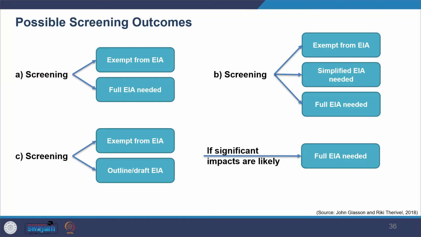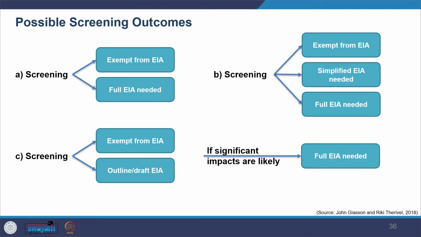Some countries, at the screening stage itself, as per their legislation or procedural requirements, ask for a full EIA, or they can just ask for an outline draft of the EIA. In EIA we see two main approaches for screening. The first is the use of thresholds, placing projects in categories and setting thresholds for each project type.